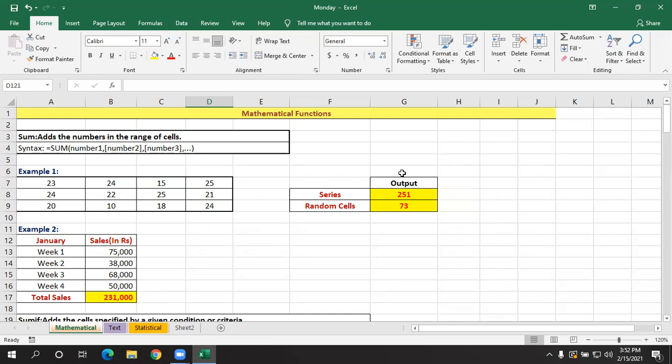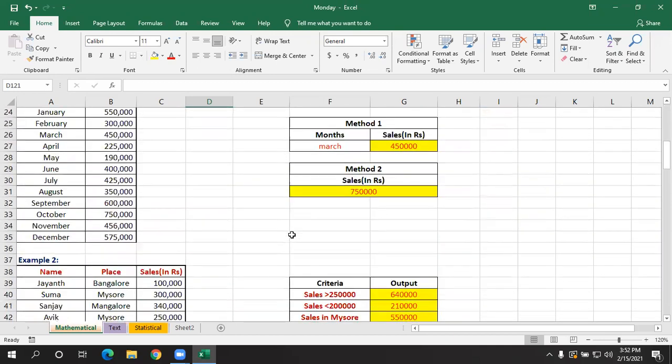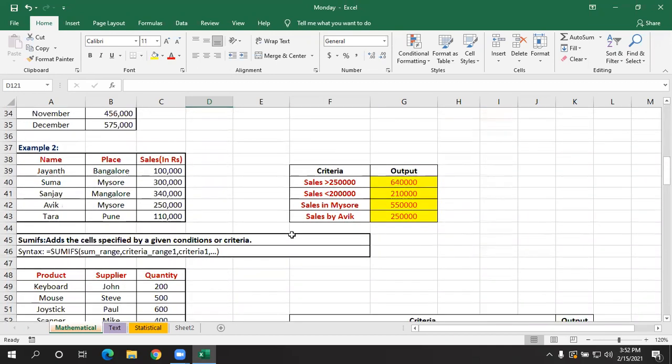In all these functions, remember we have used numbers. Mathematical functions are mainly used to perform simple calculations. If you have any doubts, please let me know in the chat. It can be any function in this mathematical category that we have covered today.